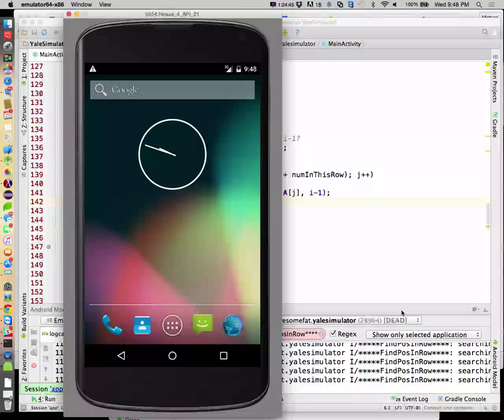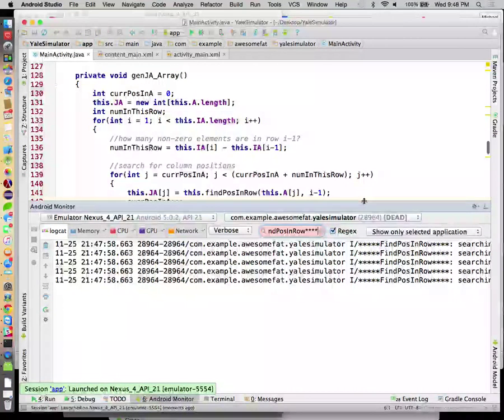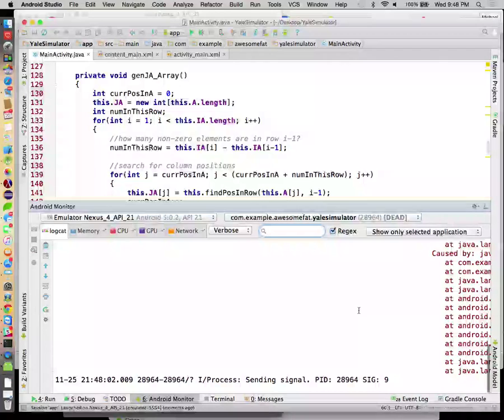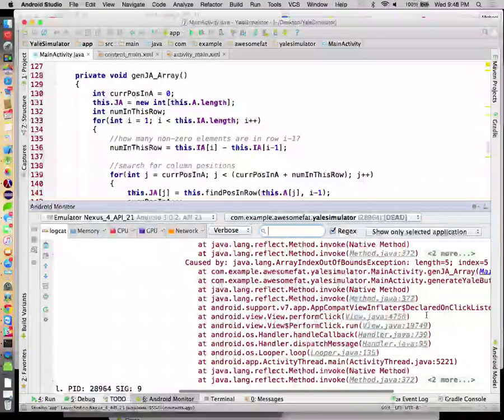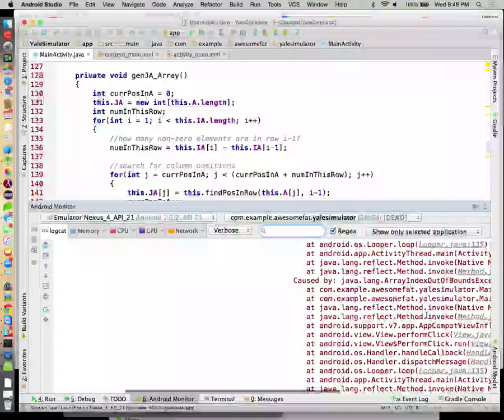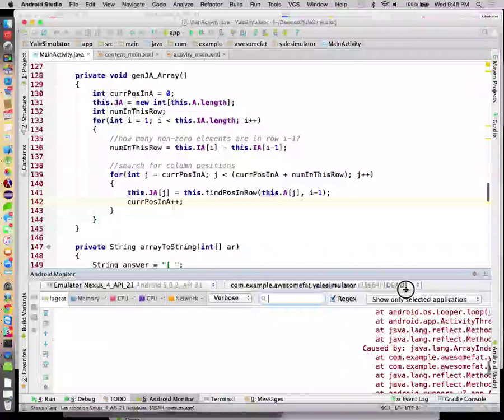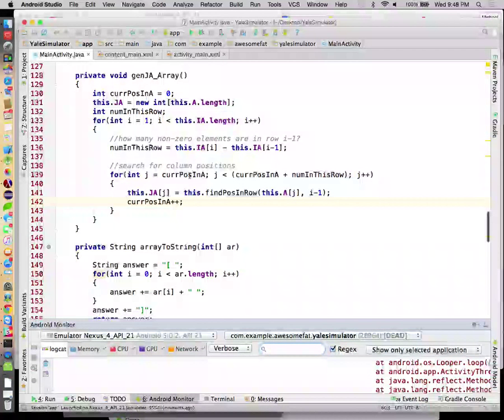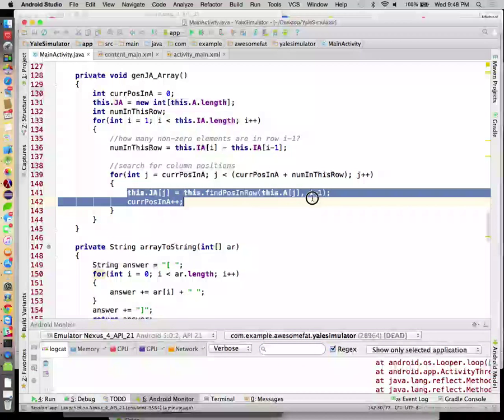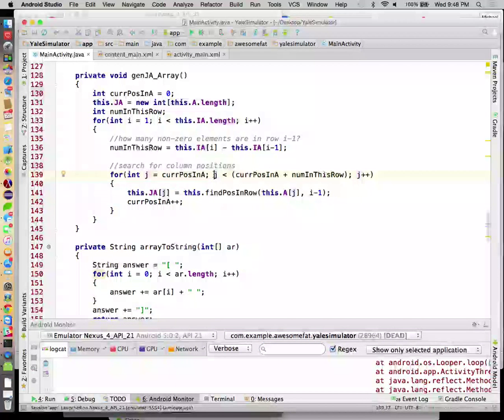I think it's sometimes exit. All right, array index out of bounds exception. Okay. So J equals curpos. Keep going as long as J is less than curpos in A. You should say if they find something. Well, we'll always find it here, but in this case, we are going through that array one more time for the next row. So we need to say